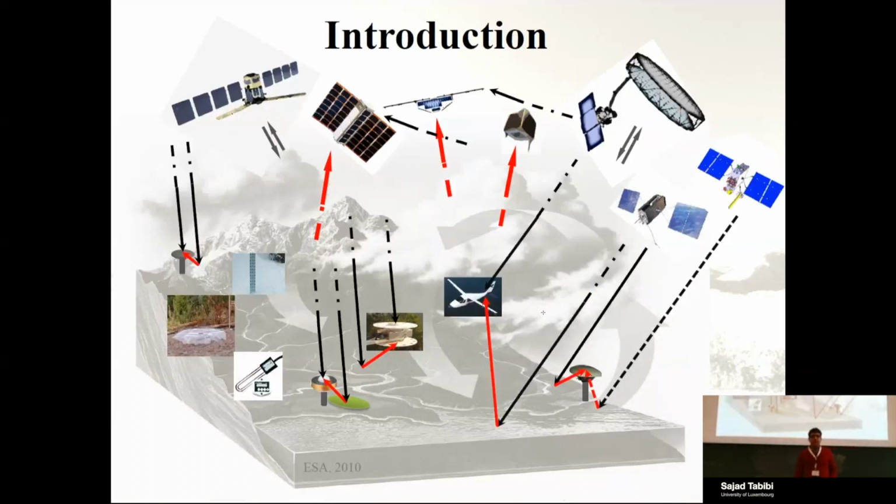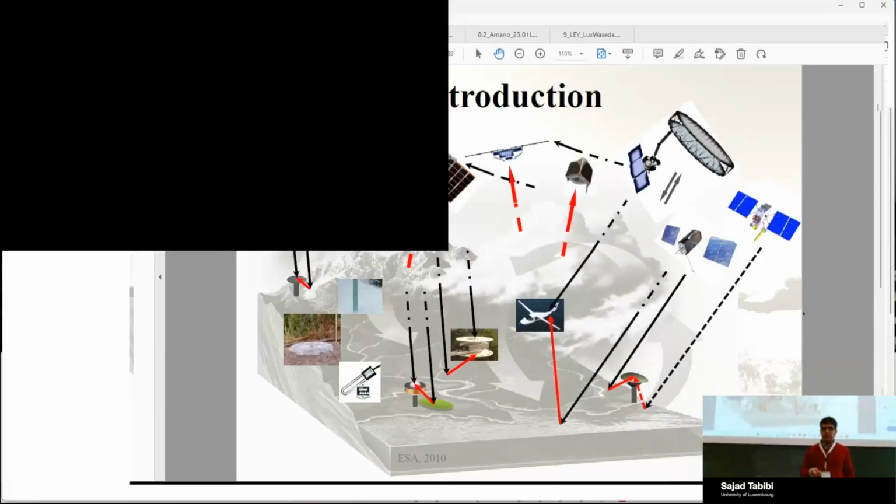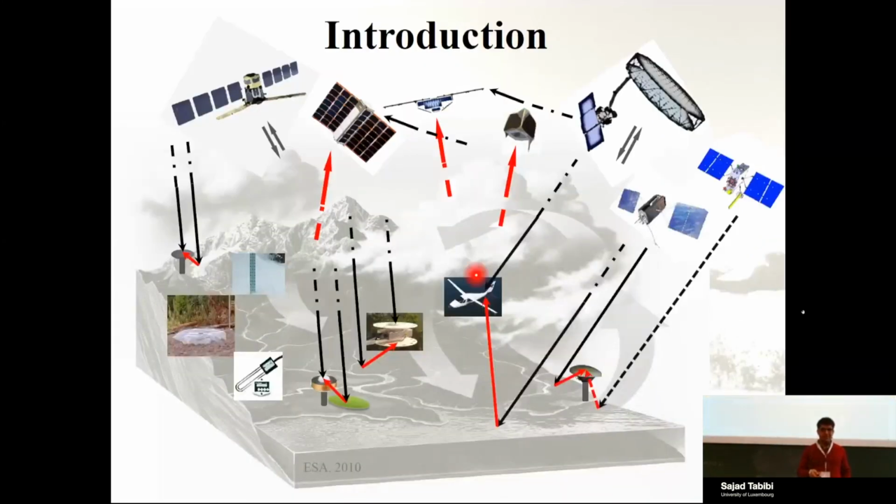So as you know, there are different methods to extract geophysical parameters such as soil moisture and sea level, and they are very essential for our daily life. We have in situ sensors with which we can extract the soil moisture, so they are direct measurements. We have the in situ moisture sensor, as you can see here, or we have the snow pillow with which we can measure snow depth,